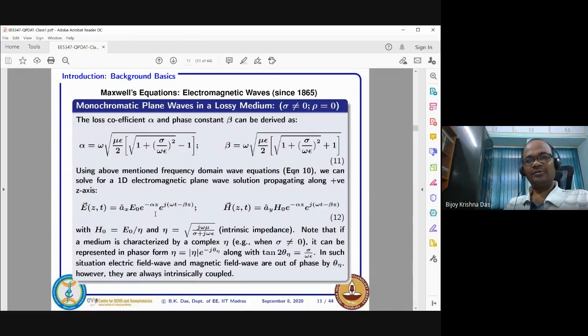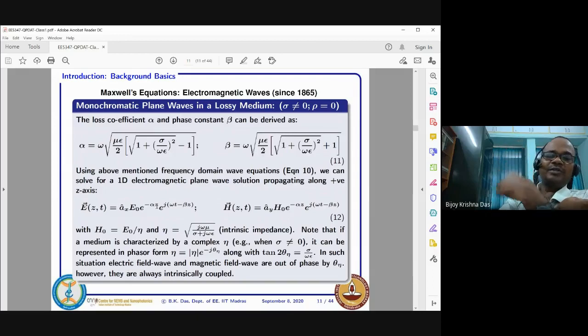Got it? Yes, sir. Okay. But thing is that this is if you are considering it is forward propagating, but if it is backward propagating, then also it will be plus, right? Because for backward propagating, this should be plus beta z, positive. And here also you can put plus, but since it is backward propagating, z can be a negative value. So that is how in the backward direction also it will be attenuating. From the source, if at z equal to 0 it is radiating, then in the positive direction it will be attenuating while propagating, and in the negative direction it will be attenuating also.